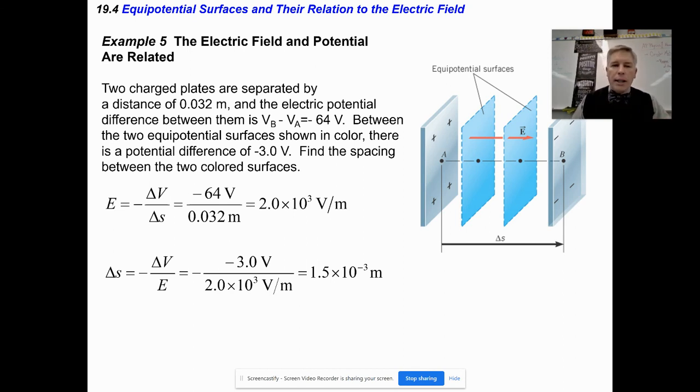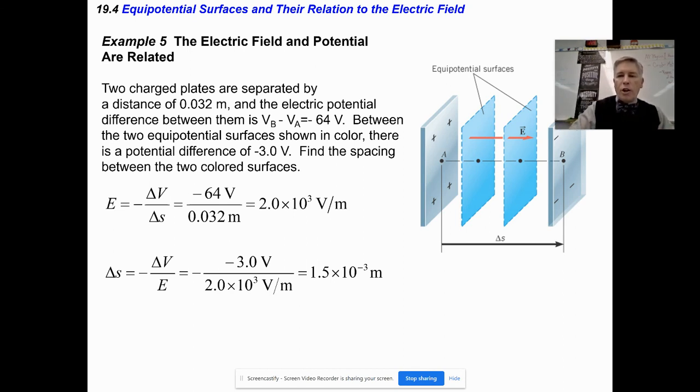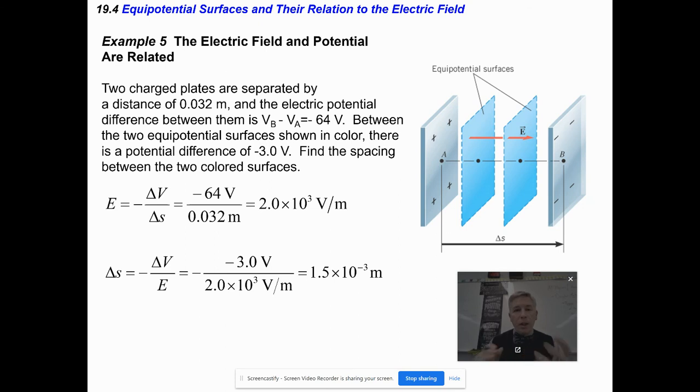The last little one is an example of having a couple of charged plates. We're going to do something with the Millikan experiment. And so this one's kind of a neat one. As I go from this positive plate towards this negative plate, we can talk about these little equipotential surfaces. And because we have an electric field that's moving between them, and if I knew the difference,